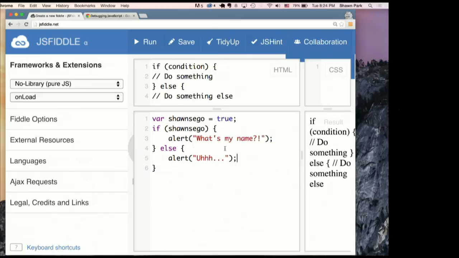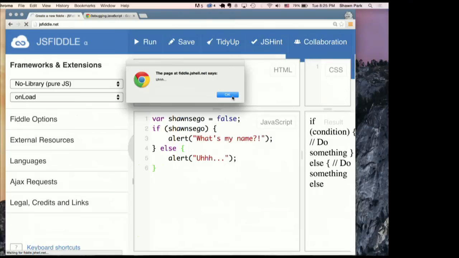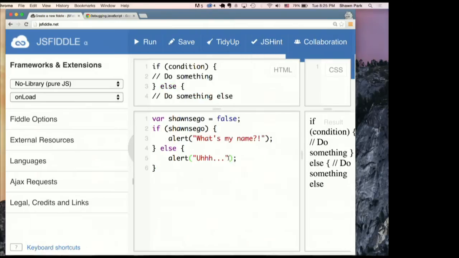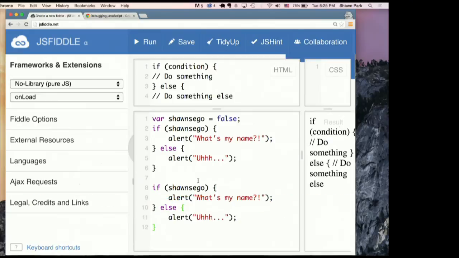So what would happen if I change this to false? Yeah, the other alert pops up. Cool. Another thing we can do is invert the ordering of this. Right now the condition being true executes this first statement, but we can reverse this by adding a not here.